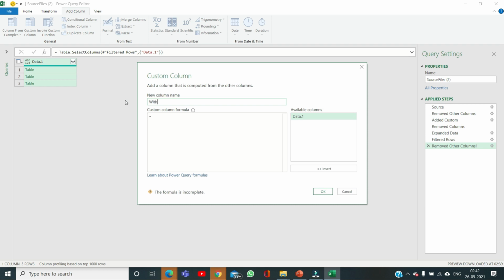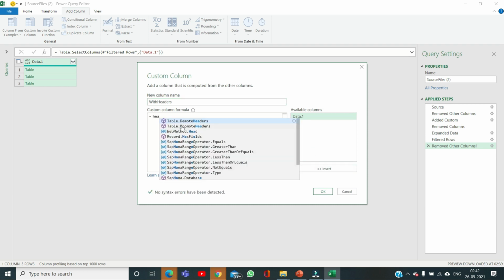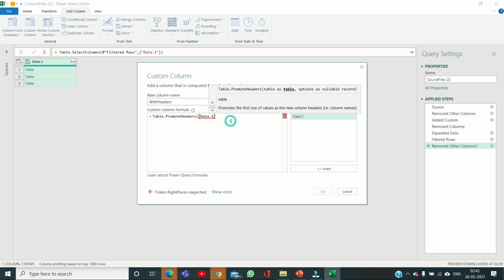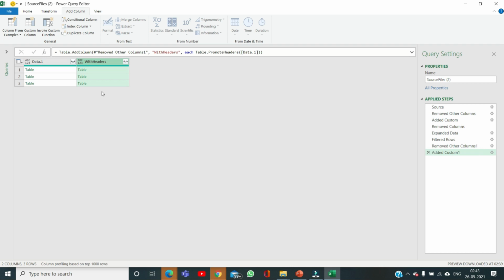I am giving this column a new name which is more familiar and informative, like With Headers. The function will be Table.PromoteHeaders, which takes a table as input, and we can just close our bracket. Let's see what happens next.